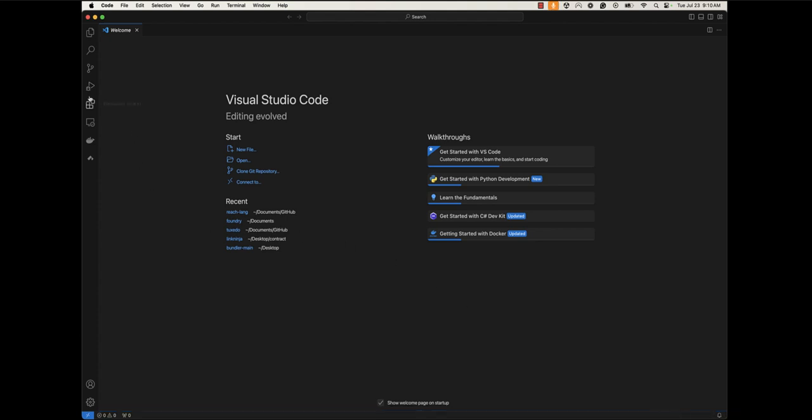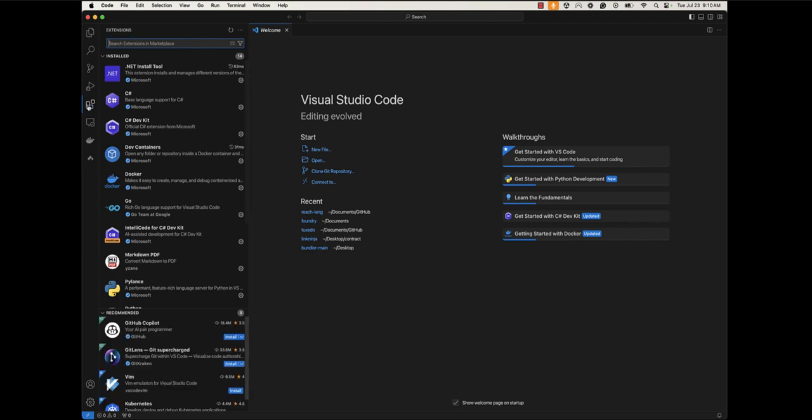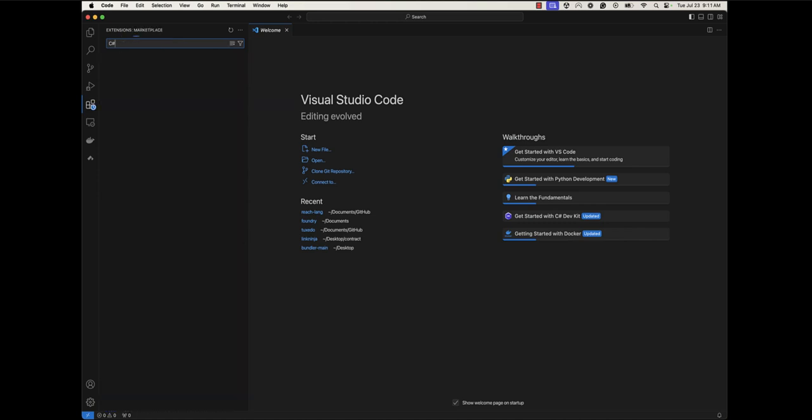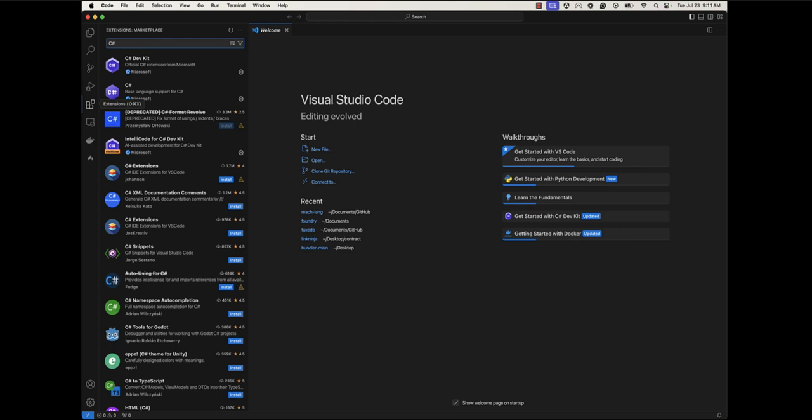On the left-hand side, you'll see an extensions area. And clicking on that, you'll see some pre-installed tools. If you've already installed Unity, some of these will already be installed. But if they're not, in the extensions area, just type in C#. And the main one that you're going to want to have installed is the base language support for C#. This allows you to have your C# syntax highlighting and allows you to also have some predefined areas of the